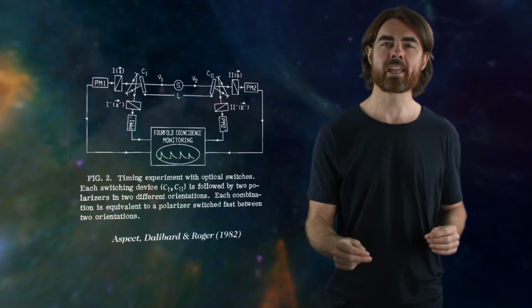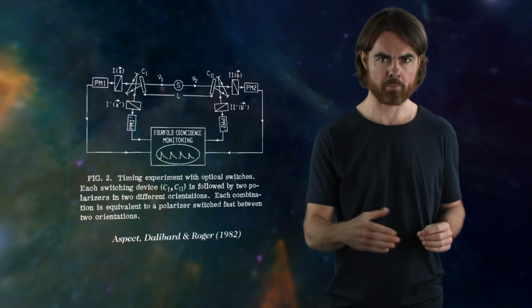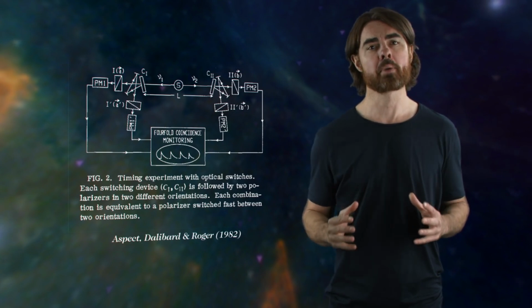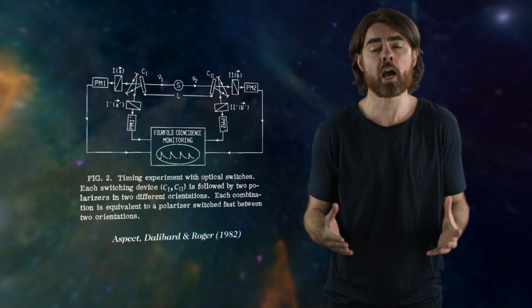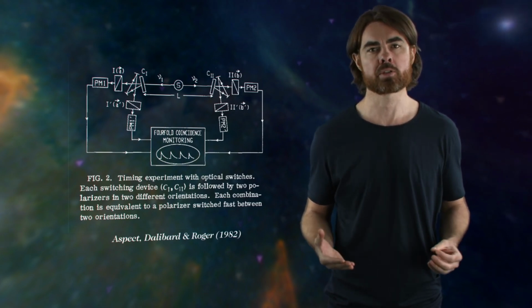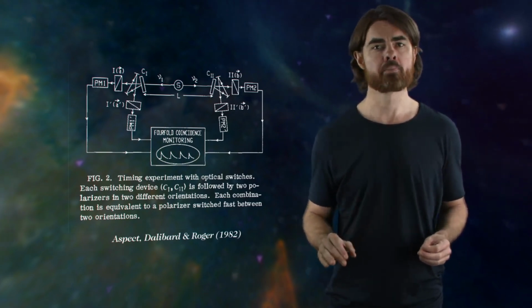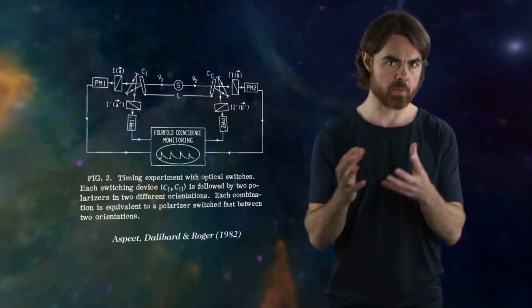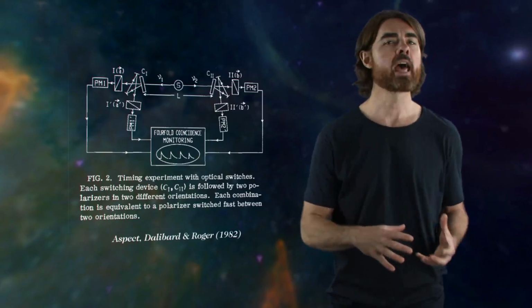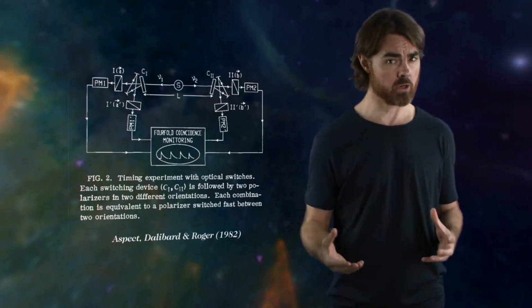But in the early 80s, French physicist Alain Aspect succeeded. Instead of looking at the entangled spins of an electron-positron pair, he used photon pairs with entangled polarizations. Polarization is just the alignment of a photon's electric and magnetic fields. But the principle is the same, and Aspect found that there was a correlation between the choice of polarization measurement axis for one photon and the final polarization direction of its entangled partner. The Bell inequalities were violated.